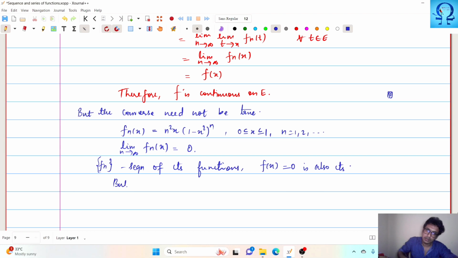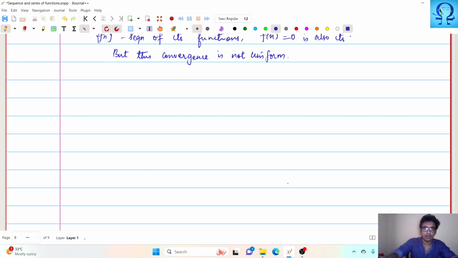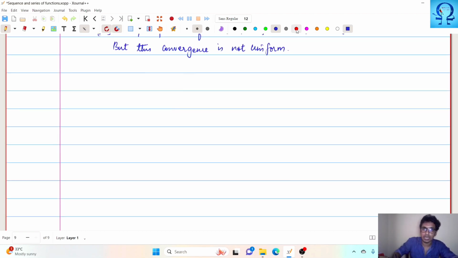but this convergence is not uniform. That is, if a sequence of continuous functions converges pointwise to a continuous function, it need not imply that the convergence is uniform. Now we shall see another theorem